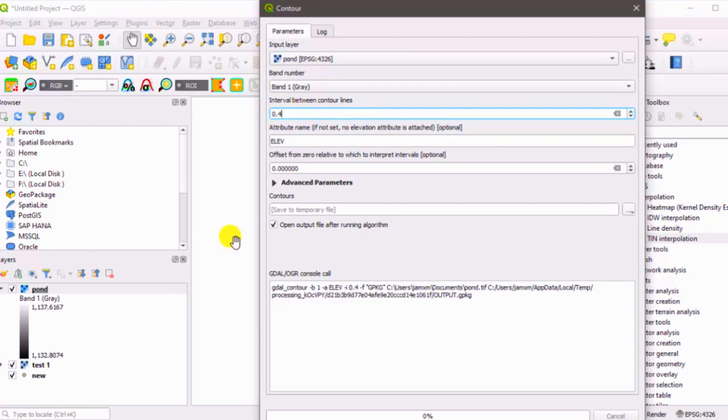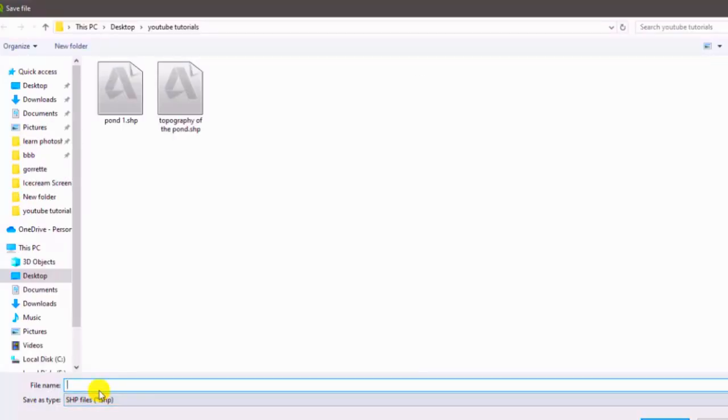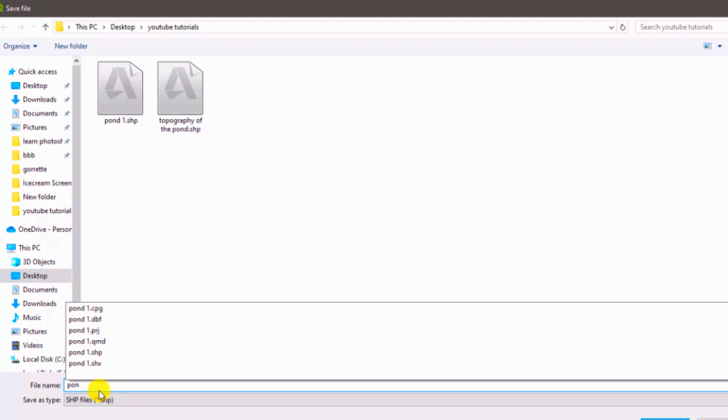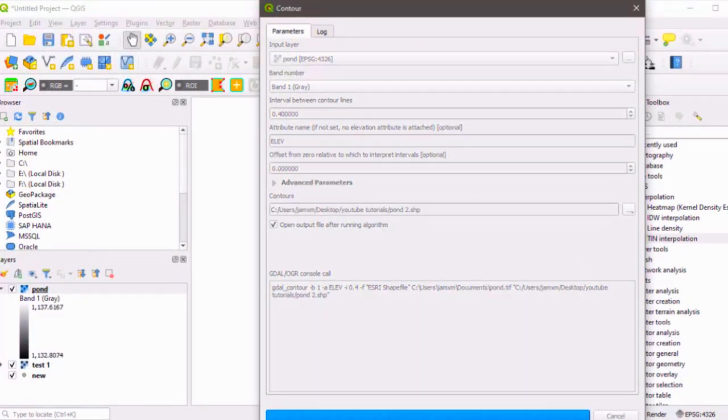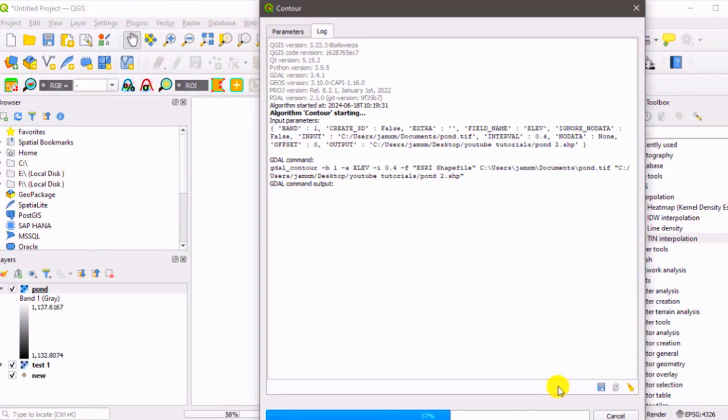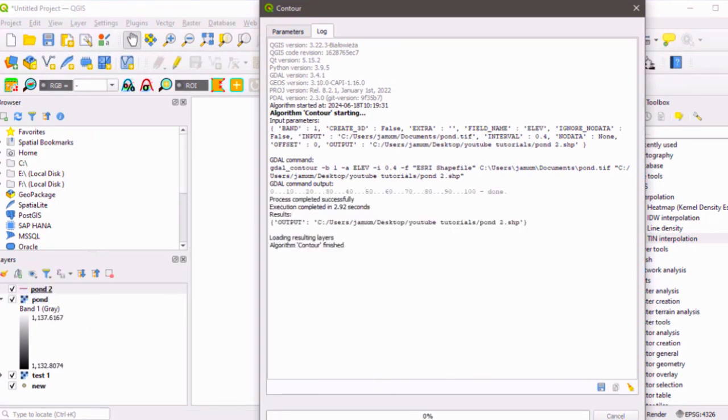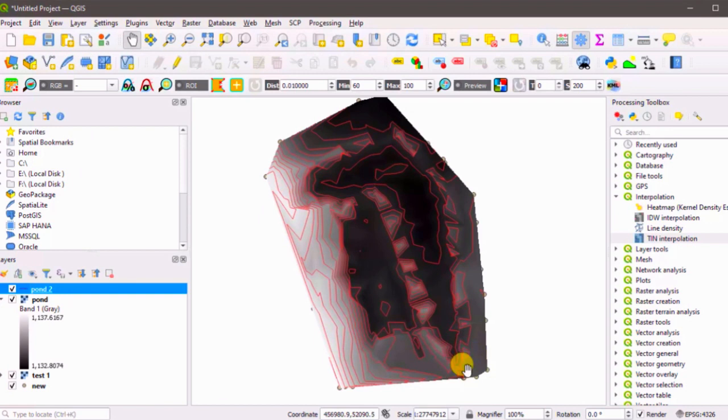After that I have to save my contours. So I say save to file. I will just come here and call it pond2. So I just say save, then I say run. That is it. So I'll have my contours there. As you can see now, this area is our region of water surface, where you can see the black. So it is our water surface. Then this side, there are the